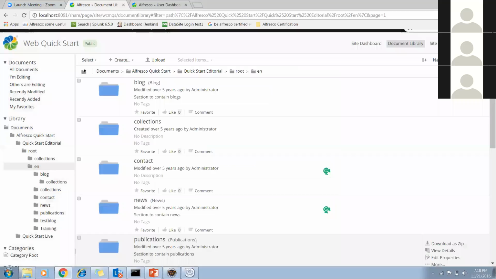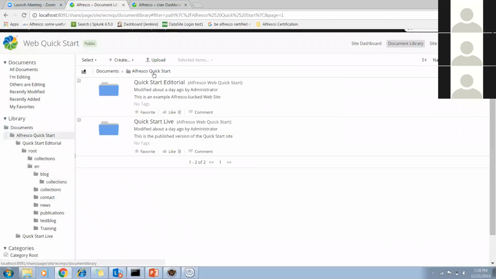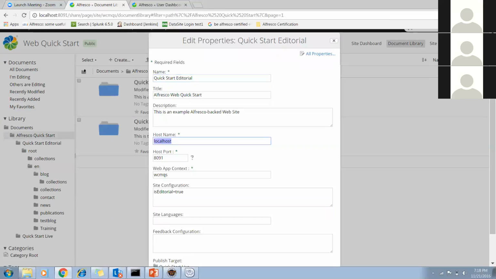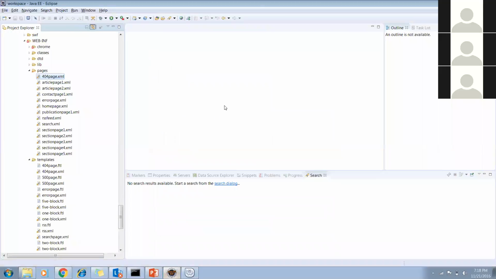And if you go to this here, edit property, there are some other properties. What is your host name? What is your port number? What is your context? You know what the context name is, right? So all these design might have been done in the one content model. That's the reason you are able to see this form. Because we are seeing the properties, it means it must be stored somewhere in the content model, right? So that's why we are able to see all those properties.